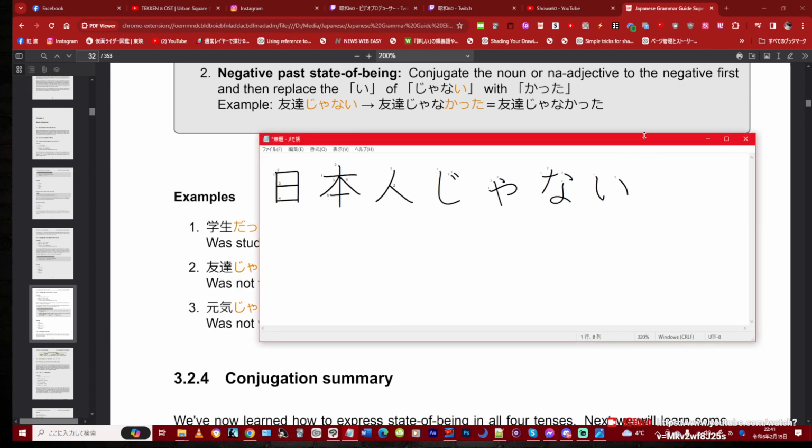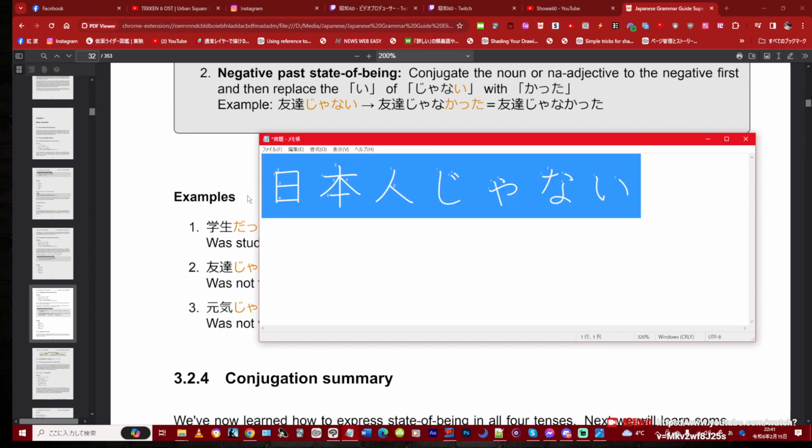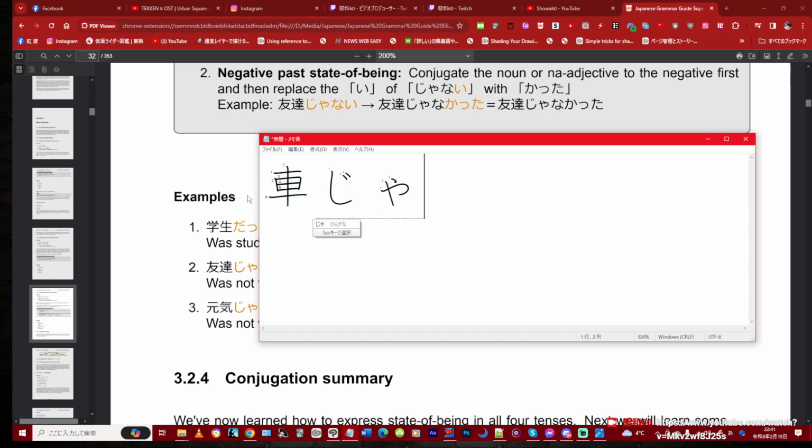Now, let's create a sentence of our own. Let's go with kuruma datta. Meaning, that was a car. Another sentence would be